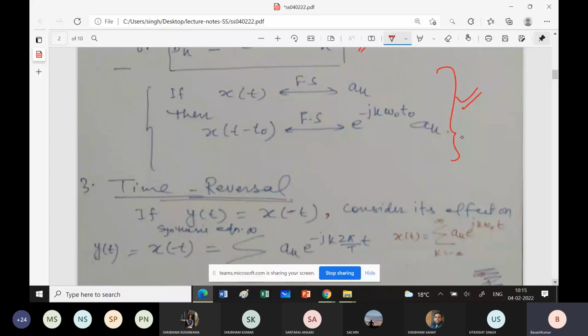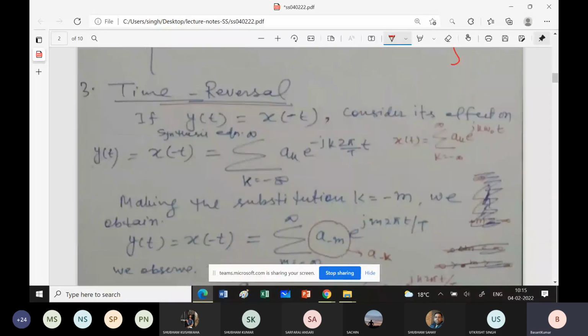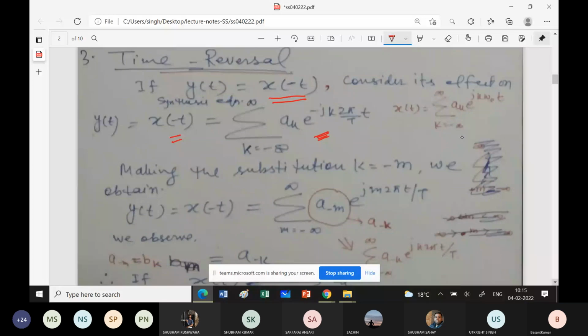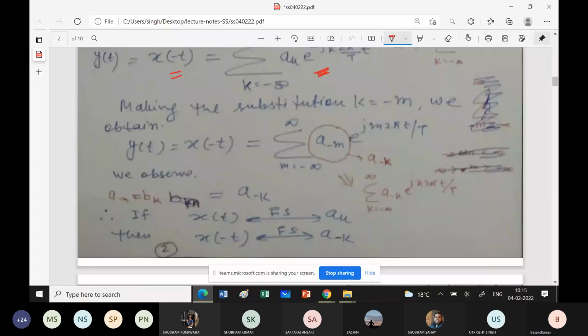Okay. Now coming to the time reversal. If yt is a time reverse signal of xt, you have to consider its effect on the synthesis equation. यहाँ पे आप देखिए t की जगह माइनस, so this is the expression, और t की जगह आप माइनस टी रख दोगे, and then यहाँ पे क्या हो रहा है, then making the substitution k equal to minus m,